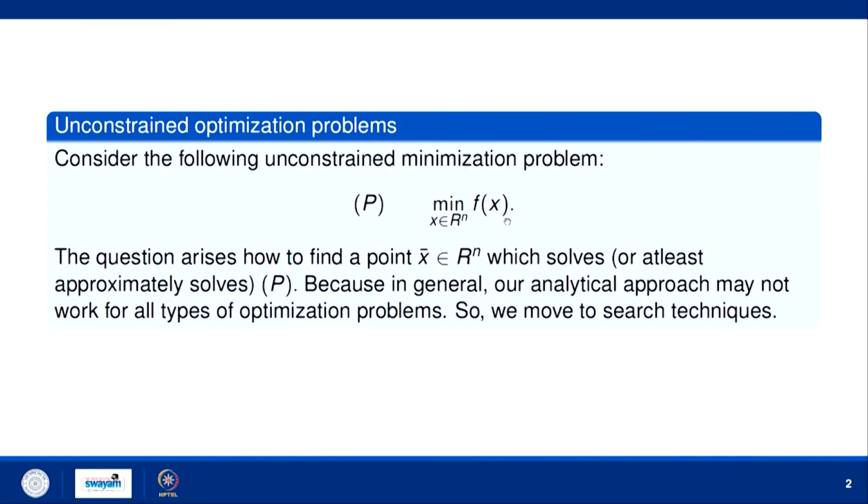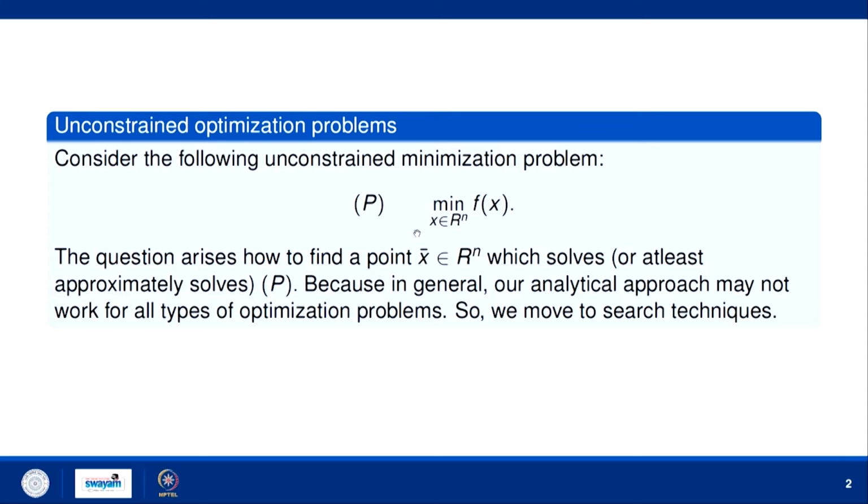So, this lecture is basically devoted to numerical optimization algorithms, which are useful in machine learning. First, let us understand if you have an unconstrained optimization problem. We have already discussed what unconstrained means. Unconstrained means without any constraint, without any restrictions. So, that means we have to simply minimize f x subject to x belongs to R n. If we have this problem and we want to minimize it,